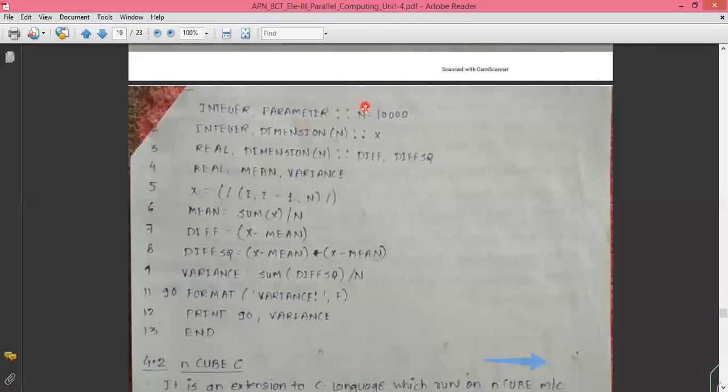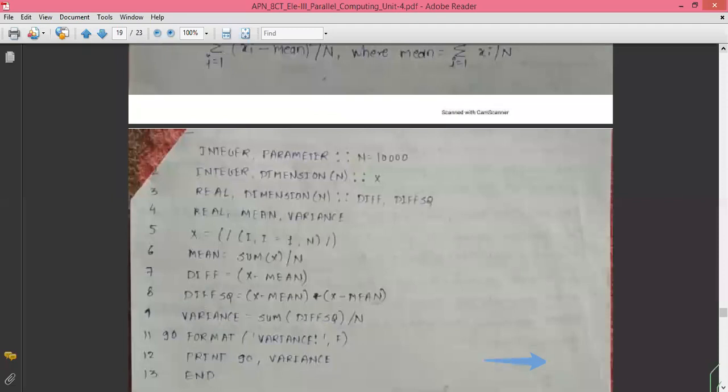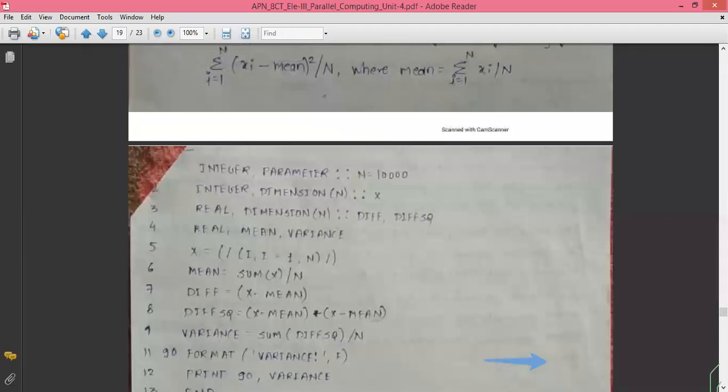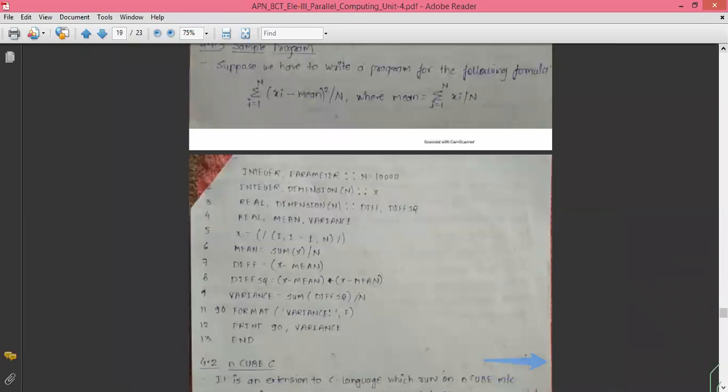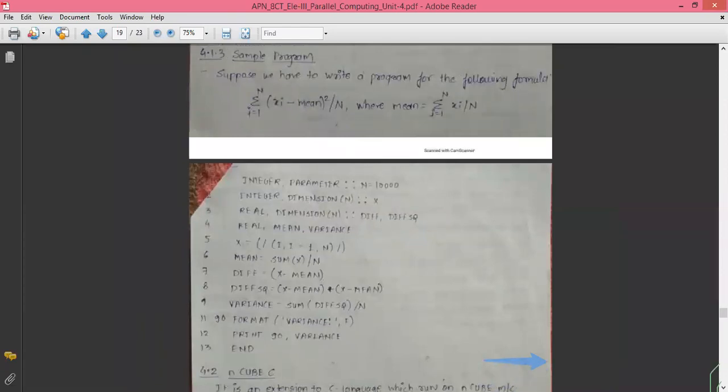The double colon is the scope resolution operator. Whatever is written after it is considered a variable, which might be a regular variable or an array variable. So n parameter means it is identifying that it is an independent variable, not an array variable, with some value written over there. Then in the next step, we are defining an array x. Just don't forget this particular formula. Keep an eye on the formula above so that it is easier for you to do things, because you need to keep the formula in front of you so that you understand the things.